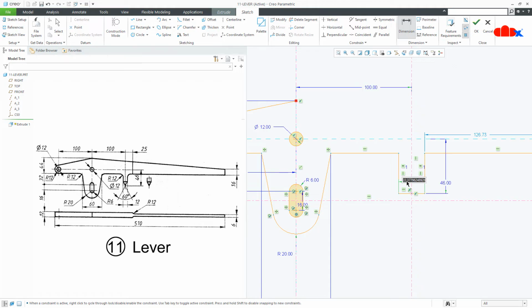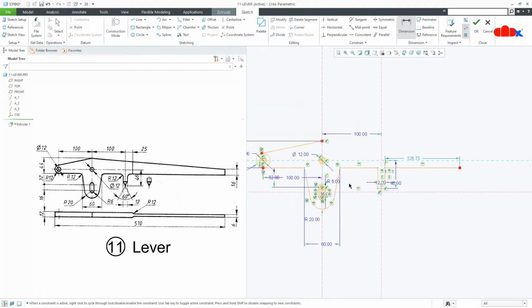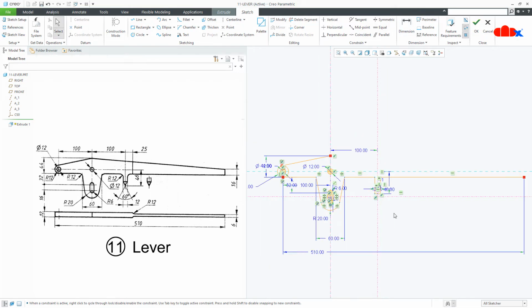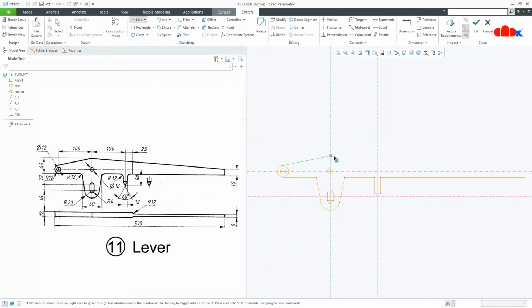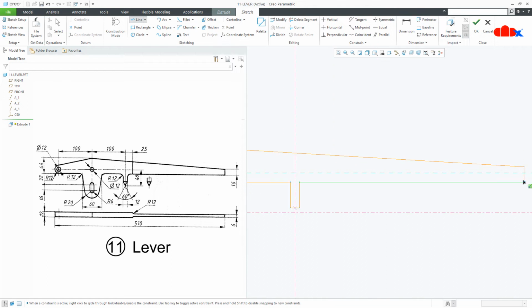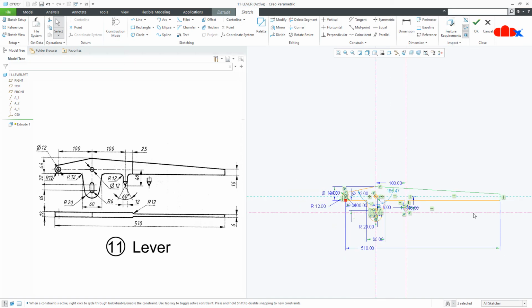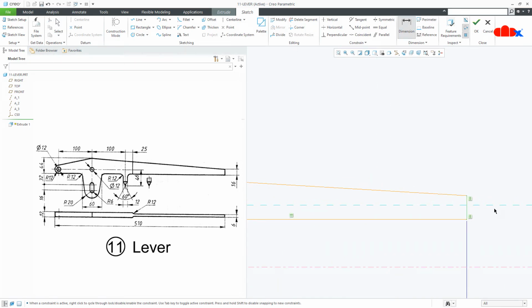This gap is 12, and from here till this end, this is 510. Now this is 16.